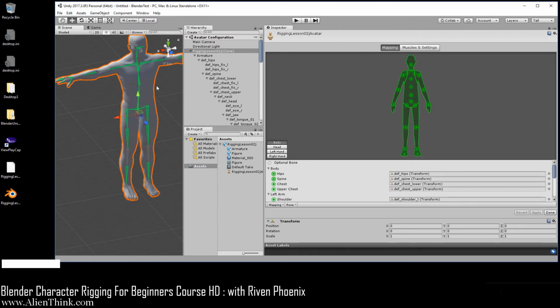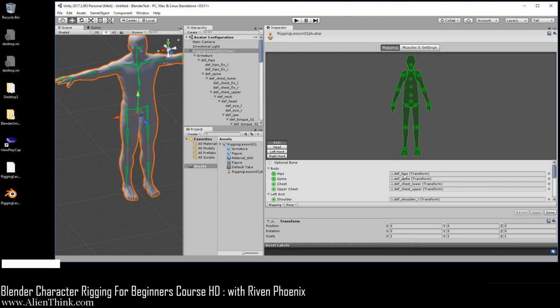So when we look at how motion capture animations are going to look on our figure, they're just going to look a bit odd. And that's okay. We just want to see how the figure is doing. So we have to fix this. Over here, what I want you to do is click on body. You can see that everything showing up as green is basically how it mapped it.